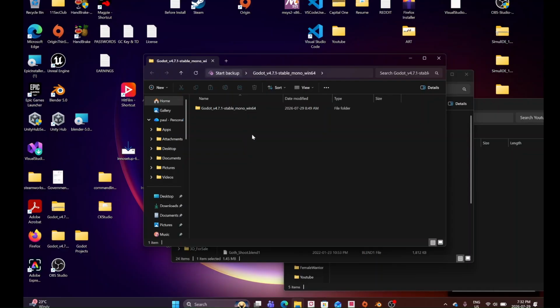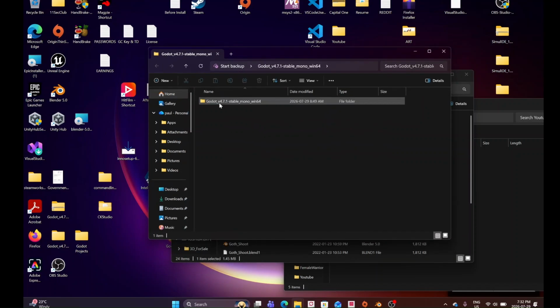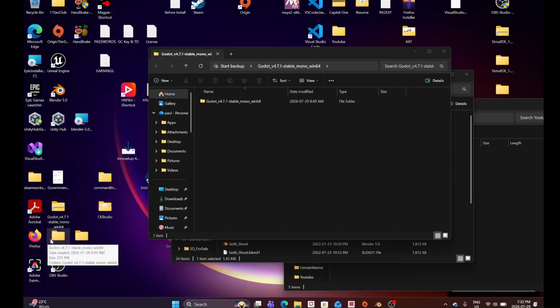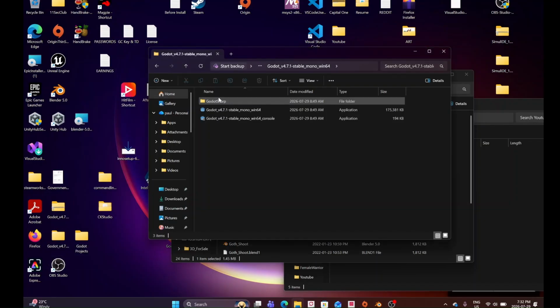So I watched some tutorials on YouTube and put together some notes, and I want to see how well I do. So the first thing I noticed about Godot is you don't have to install anything. You download the zip file and then you extract all, and then it spits out this folder. And if I open this up, you just double click the first option,